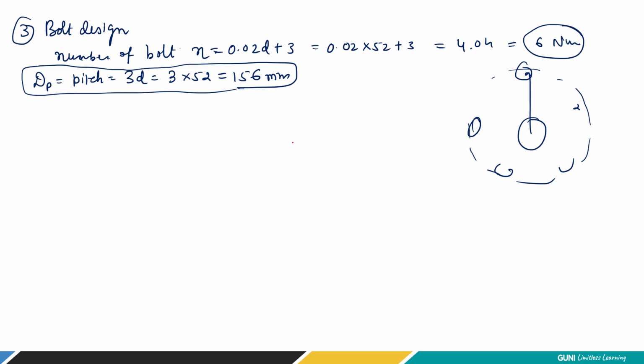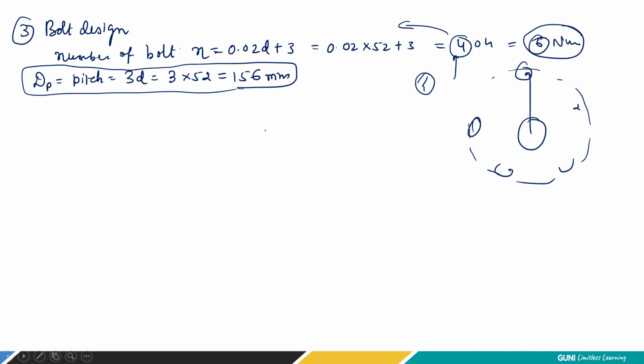If you take 4 number of bolts, definitely the 4 bolts are going to bear that load, right? So for a small number of bolts, the diameter of the bolt will be higher. If you take more number of bolts, the diameter of each bolt will be smaller, right? Now you cannot take too high a value, let's say 8 or 10. Then there will be too much drilling on the flange side, right? So we are going to weaken the flange for fixing the bolts, right? So you have to follow the rules.